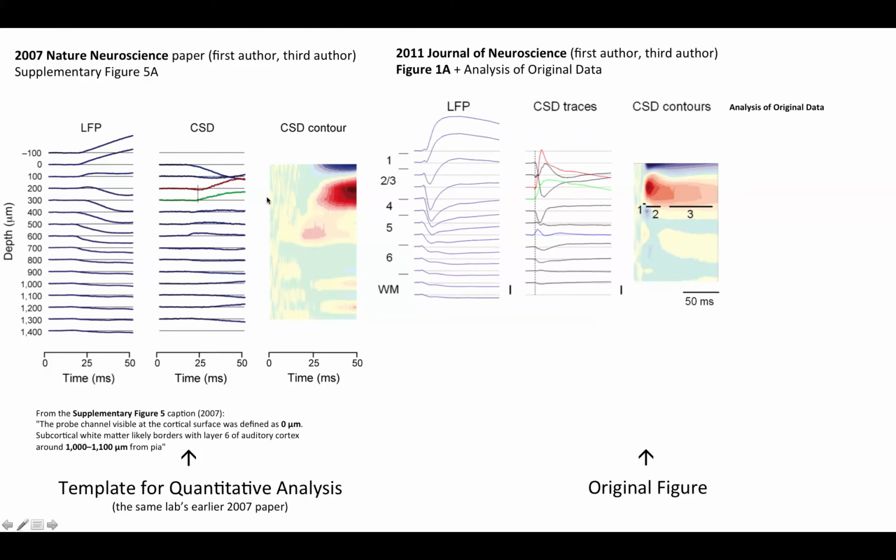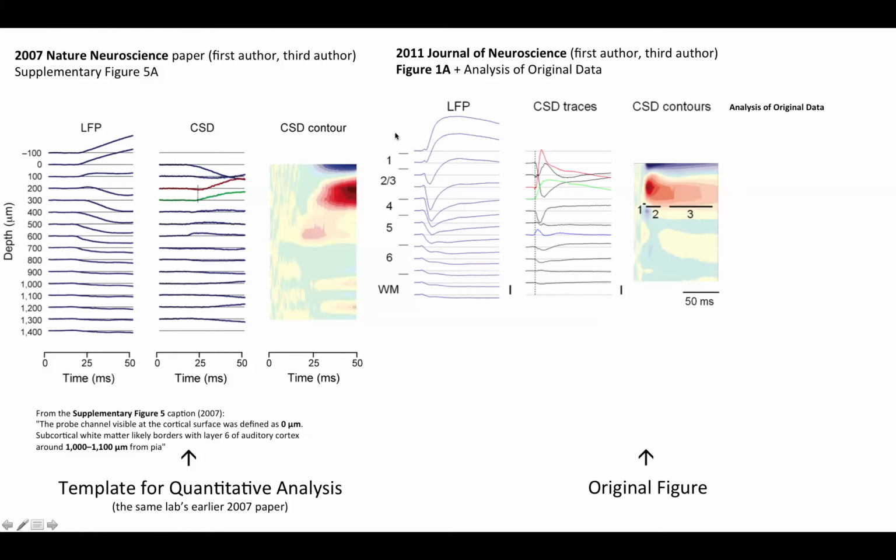And if you look here, this is entirely analogous. They're analyzing this red trace and this green trace. Really, everything is the same. They're making the same analysis. They're just not being forthcoming with editors, reviewers, and readers about what depth these are all recorded from. And notice that they slyly put layer 4 right here. But layer 4 is not at a depth of 300 microns. It's deeper, and I'm going to show you that later on when I show you some of the anatomy.